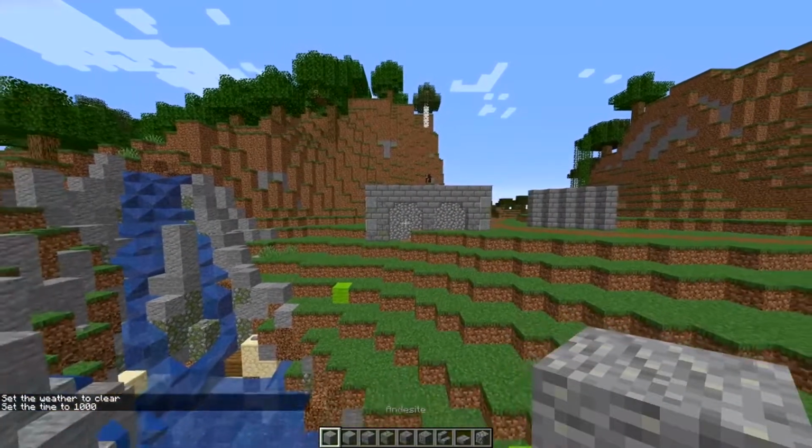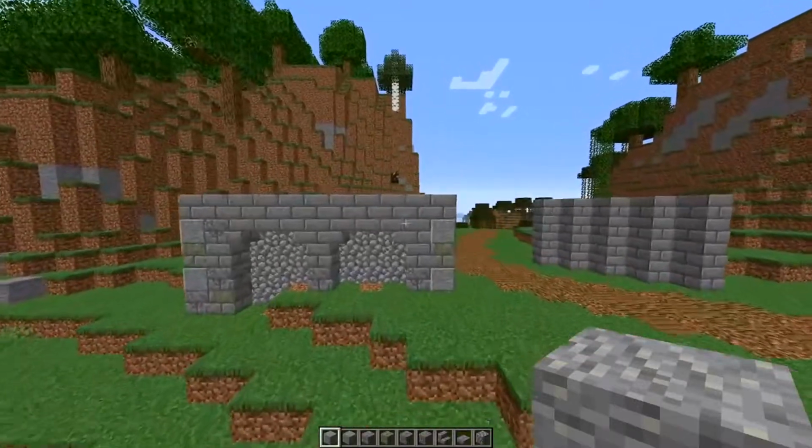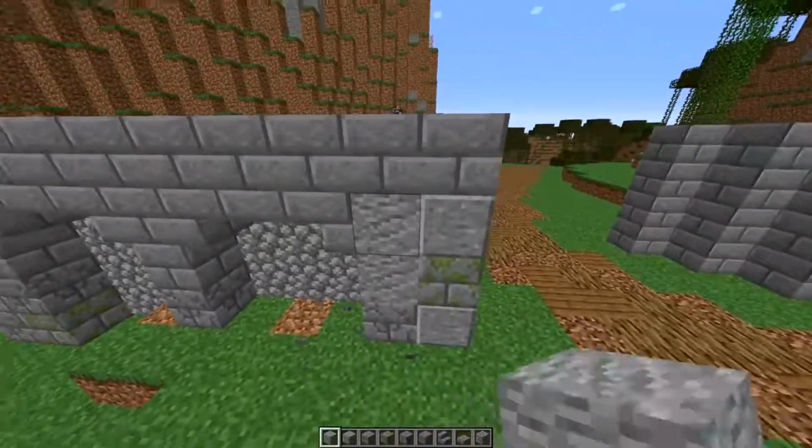The other thing I was thinking about doing was putting some plain andesite in there, just to show that some of these places have maybe been worn down. I want these to be kind